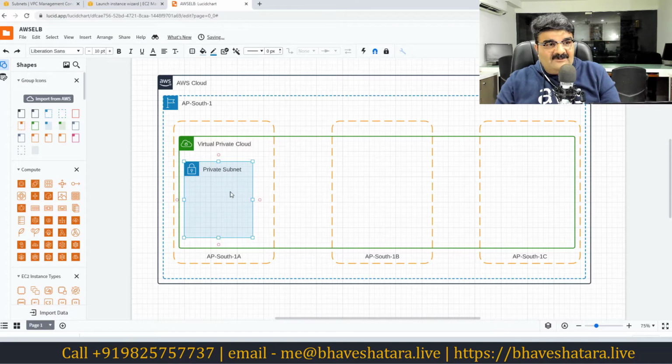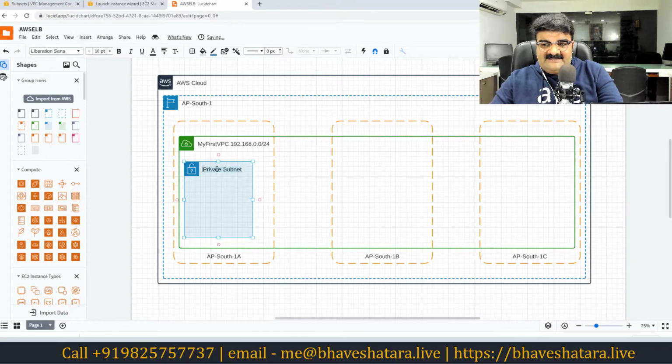Now whenever you are going to create a subnet, you have to provide an IP address range, and this IP address range must belong to the same range that we used when we created our VPC. So for example, let me give a name over here. This is my first VPC, and we assigned the IP address range 192.168.0.0/24.